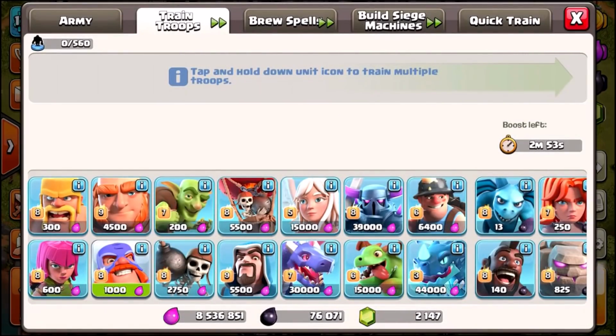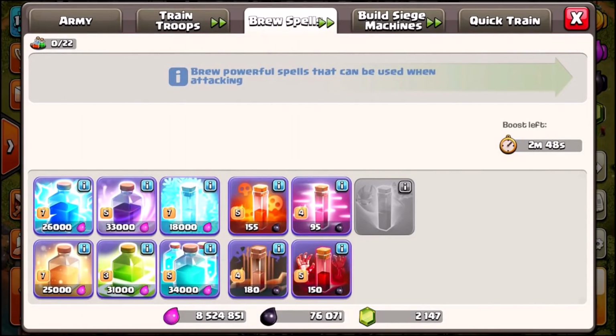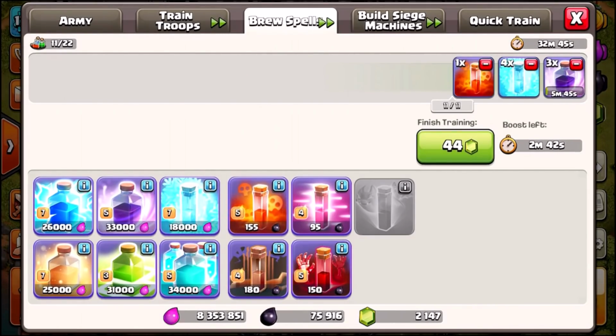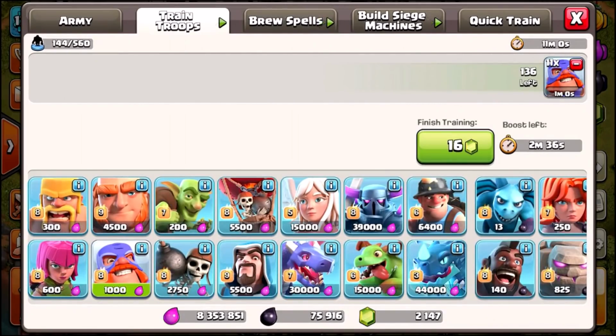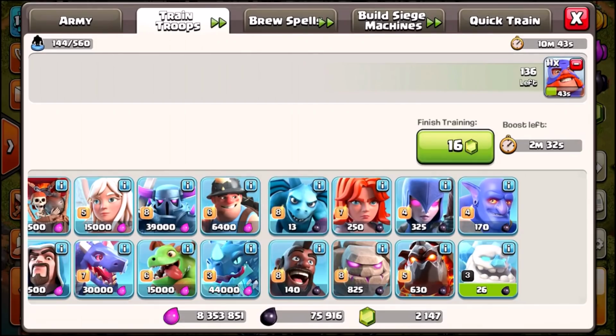Let's change up the strategy. So, I'm gonna bring, let's go for 12. We are gonna reduce the jump spells to 0. We're not even gonna bring any wall breakers. I'm gonna bring 3 rage spells, 4 freeze spells, and a poison. That is my traditional spell army, guys. And we are going to use...